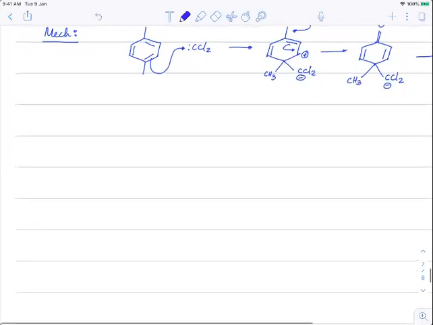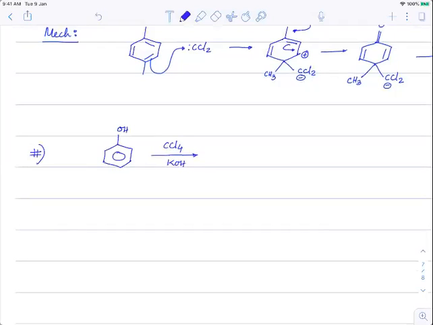Okay. Next case is that suppose you take the same phenol. ये सब Riemer-Tiemann के अंदर ही आते हैं. Although the first reaction is only called Riemer-Tiemann, these are all the same kinds. Okay. Now instead of using CHCl3, now I am using CCl4 directly. In that case, the product which you will get is OH and COOH. So what we are getting is salicylic acid.